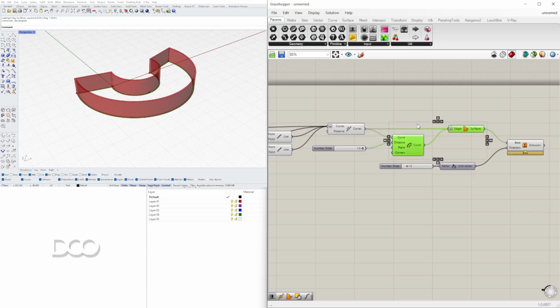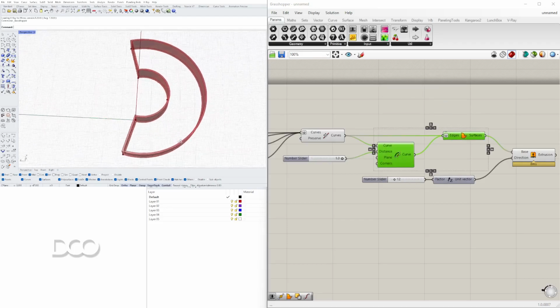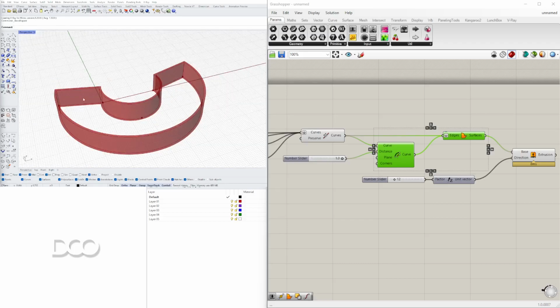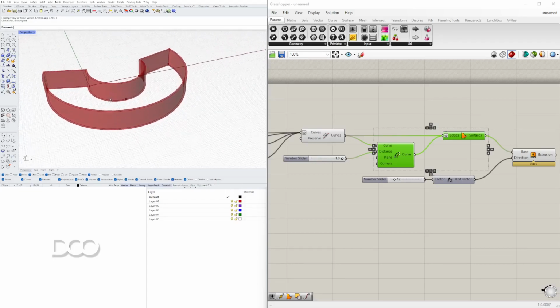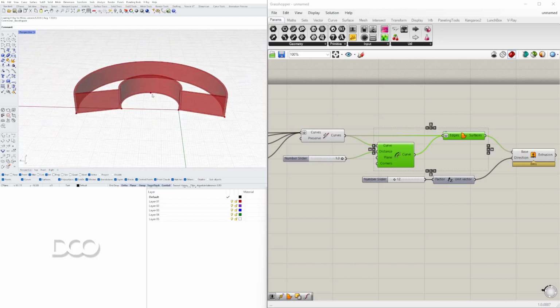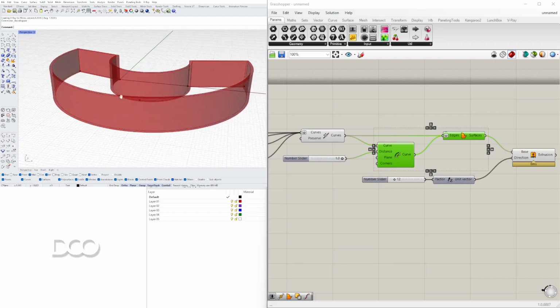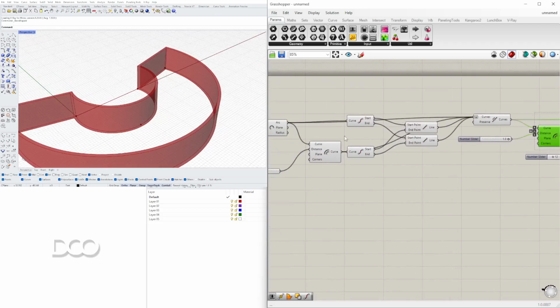Now we can disable the preview on all of this stuff, and see that we have basically the wall height taken care of. For this next part, we need to create the opening. Now the opening is going to be located here in the middle. So we can either use this midpoint or we can pick a point along that initial curve. Either way, when you extract that point, like this one, this midpoint,